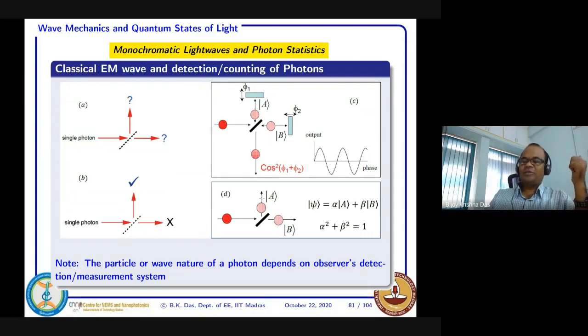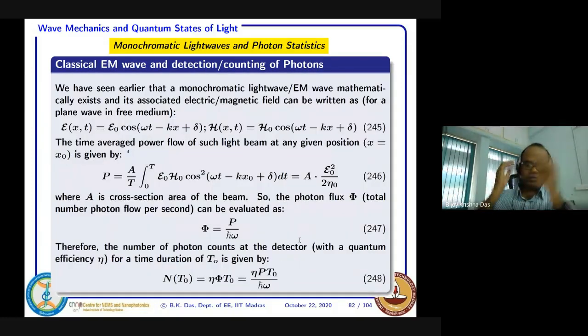So that means the photon is here and here it is absent. In this way, this measurement you can define by this type of probability, this type of weightage of each of these superposition fractions, alpha and beta. So ultimately, it depends on the photodetector, how you are measuring the system. So here we come back to something again.